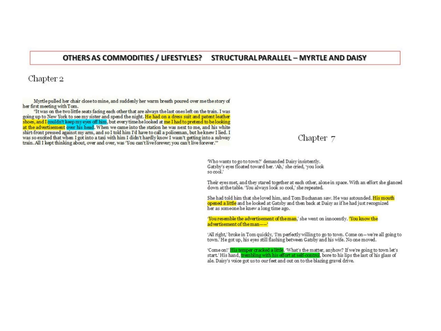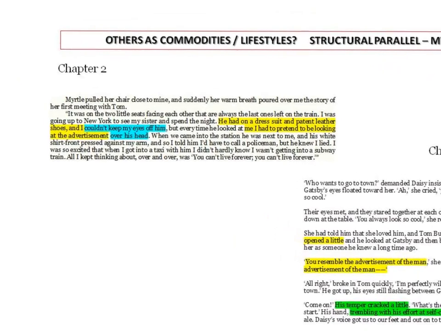So here's a structural parallel between 2 of the female characters. As we said in the context video, it's a pretty condemnatory presentation of the female characters in the novel, as attracted to wealth, very shallow and superficial. So here we have a moment from chapter 2 where Myrtle and Tom first set eyes upon each other.